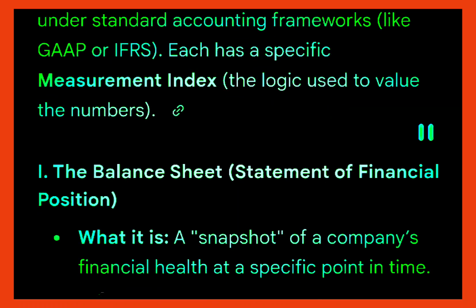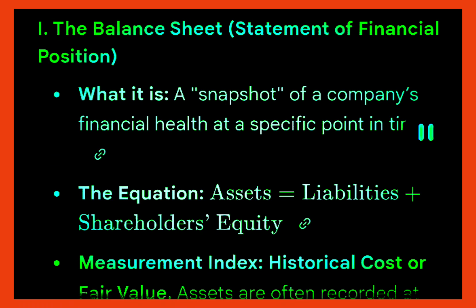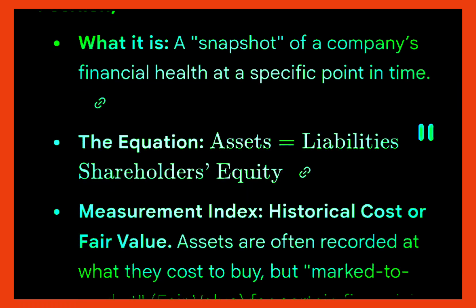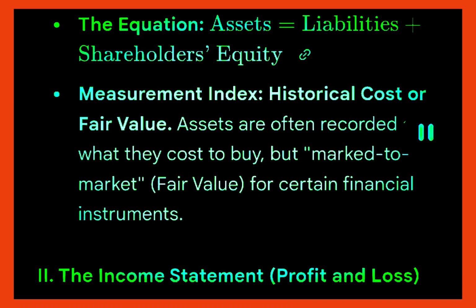I. The balance sheet, statement of financial position. What it is: a snapshot of a company's financial health at a specific point in time. The equation: assets equals liabilities plus shareholders' equity. Measurement index: historical cost or fair value. Assets are often recorded at what they cost to buy, but marked to market, fair value, for certain